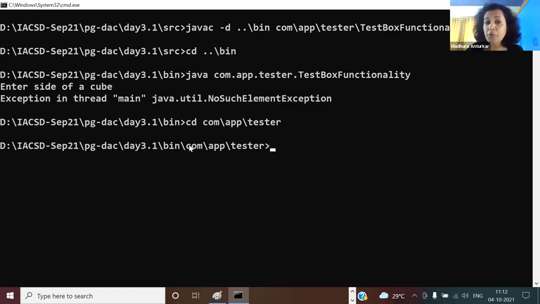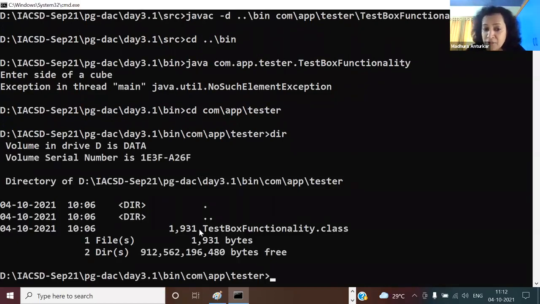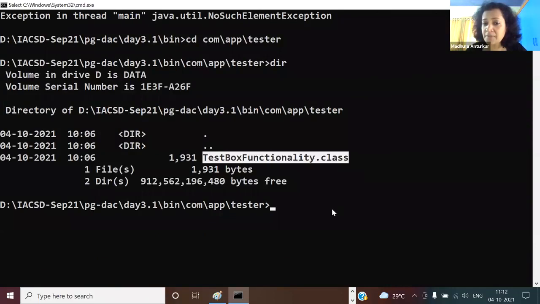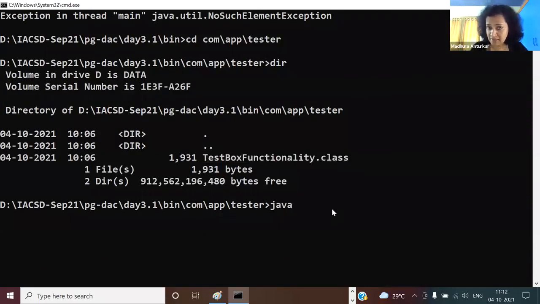I'm in the package, in the folder com app tester. If you're on Unix, type ls, otherwise dir. Can you see that in this folder there is a TestBoxFunctionality.class? So the question being asked is, if I try to run it, I'm already in com app tester,